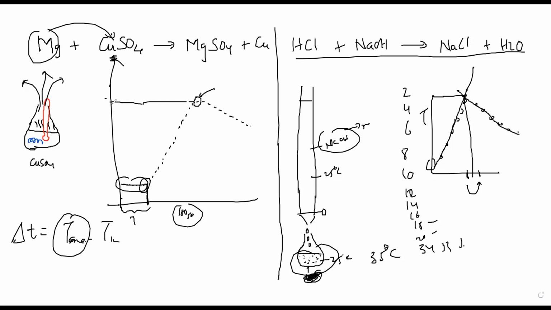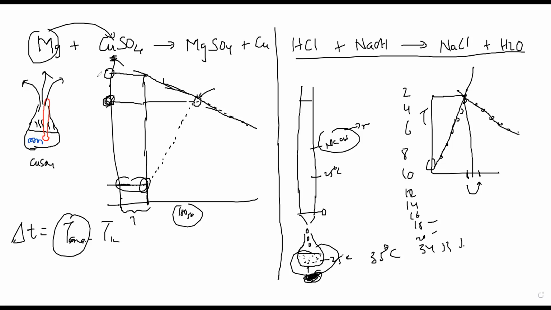Delta T के लिए I need T max. Initial temperature तो यही है. Final temperature, the T max is not this because heat loss का क्या है? So I need to consider the heat loss also. For that, what I will do is that I will extrapolate this graph, the cooling curve, backward, and then interpolate over here, like when the reaction had started. Okay, so this is my final max temperature. This is my T max.